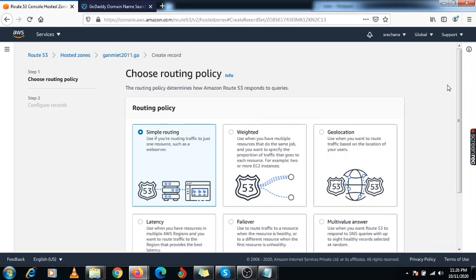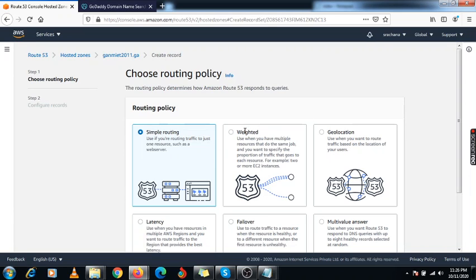If you want to create simple routing, that means if you want to specify a particular IP address, with that IP address and that domain name, whatever web pages you are providing, it's like a host file. If you enter an IP address and its host name in a host file, you can specify it. Simple routing is the same thing. You need to specify that particular URL and a particular name, so using that name only it will access directly.